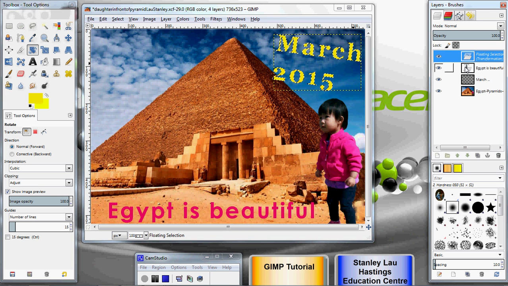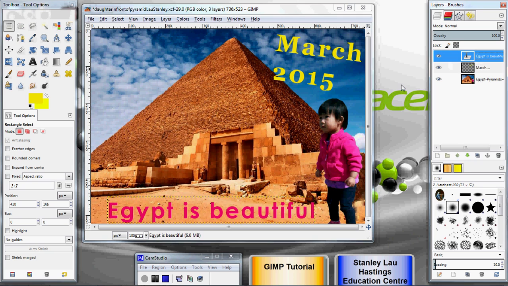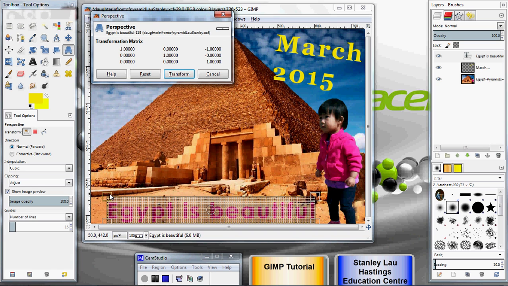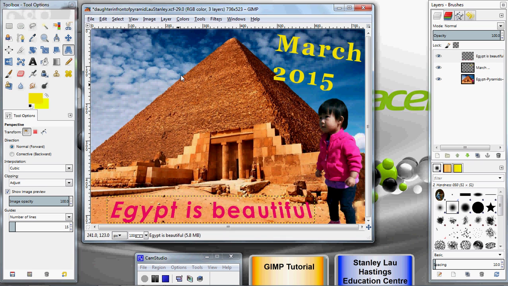I'll click my Egypt is Beautiful layer, and I will try to change the perspective of that layer. Okay, so again, these sliders adjust how you want them to look. Click transform, and then that changes the way the text looks. Okay. So I have adjusted two of the layers, and the last thing I want to show you is how you can actually